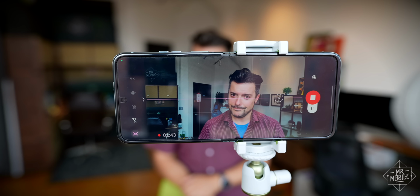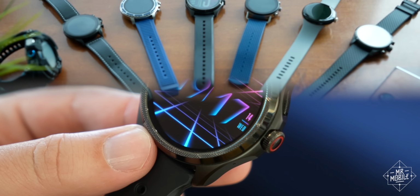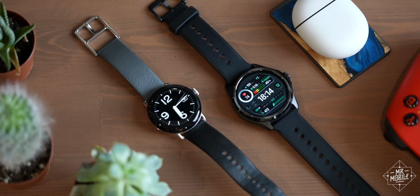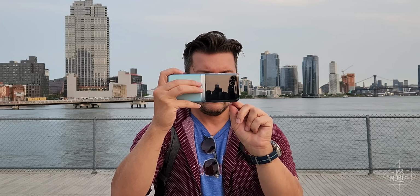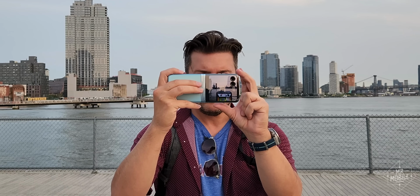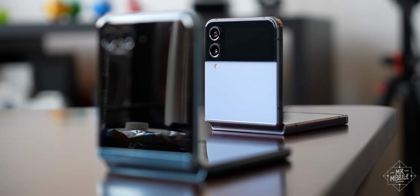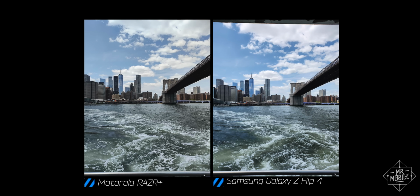In my recent TicWatch review, I talked a lot about subjective opinion, and the aesthetics of a smartphone photo are a lot like the aesthetics of a wearable. They're in the eye of the beholder. Having said that, I'm the beholder, and you're here to hear me talk. So I put the RAZR Plus head-to-head with the Galaxy Flip 4. And when it comes to daytime landscapes at one of the best times of year to photograph New York City, well...